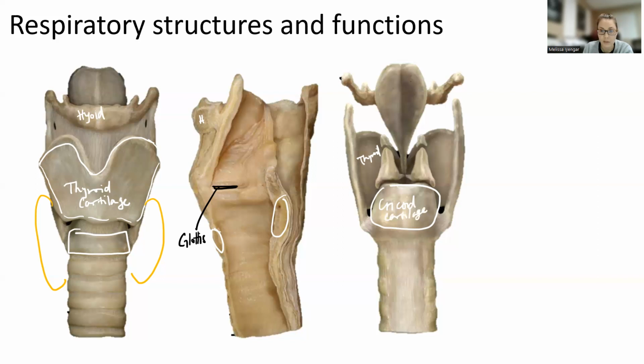I feel like maybe white is not the best option on that back right there. So again, the cricoid cartilage and the thyroid cartilage, their main jobs are to protect the glottis. The cricoid cartilage also has a secondary function where it allows these other cartilages to sit on